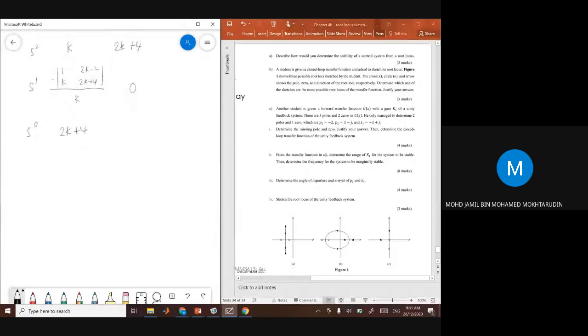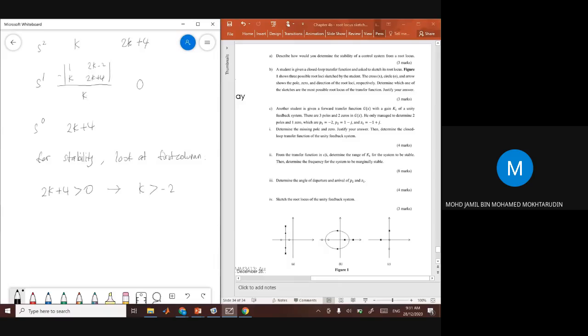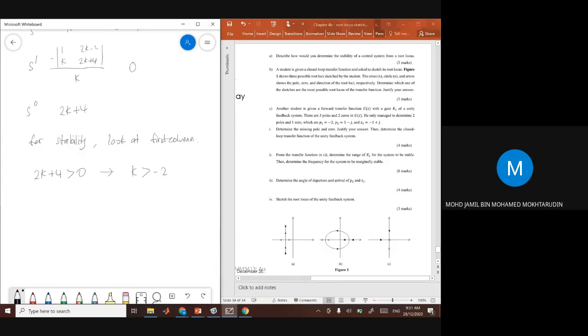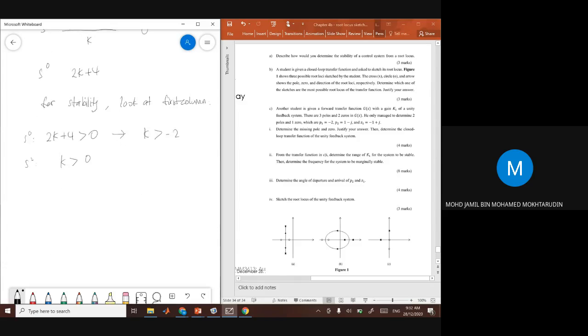Okay, for stability, look at the first column. Firstly, 2K plus 4 must be positive, so you get K bigger than minus 2. And this is row s0. From row s2 you get K bigger than 0. And then from row s1,